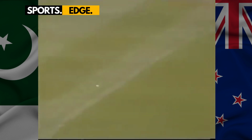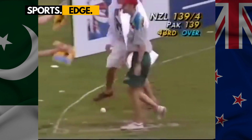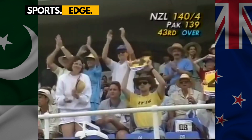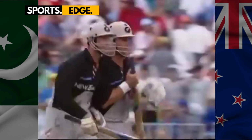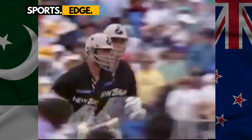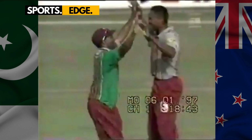Off the back foot, cracks it through the offside. That's 4. That should be it. That is it. 140. The game is over. New Zealand have won. A beautiful shot through the offside. Martin Crowe cracks it away to take his score to 50. Before he wielded the willow, the signs were there. The Prince was ready to